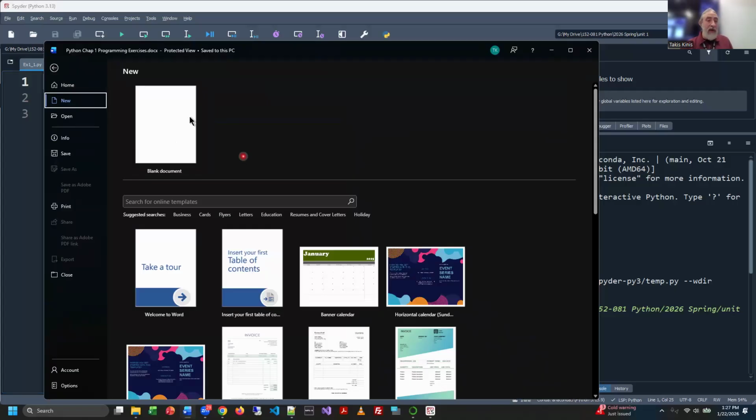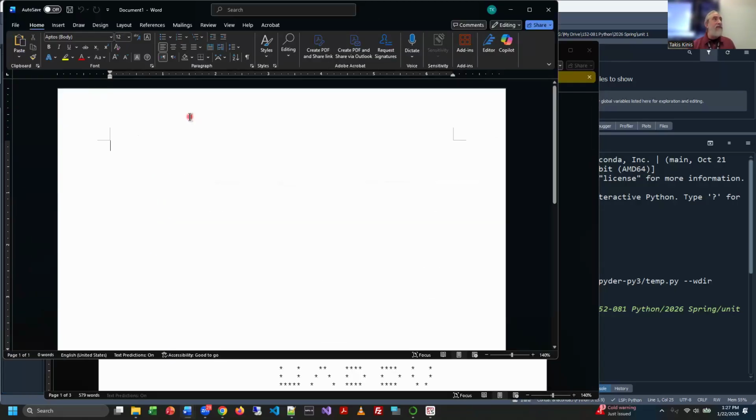And what we do is we'll create a blank document in any platform. And then what I prefer you do is, I don't know, name it homework, or maybe unit 1 exercises, give it a title. And then this is going to be exercise 1.1, maybe label it. You want to make it bold, italic, whatever. And then I'm going to have you create screenshots. The screenshots will work as follows. I want a screenshot of your code,